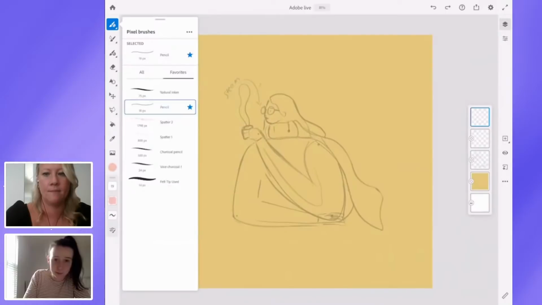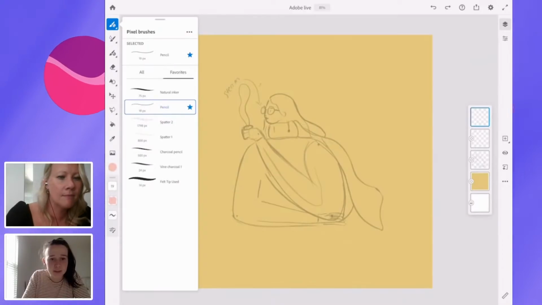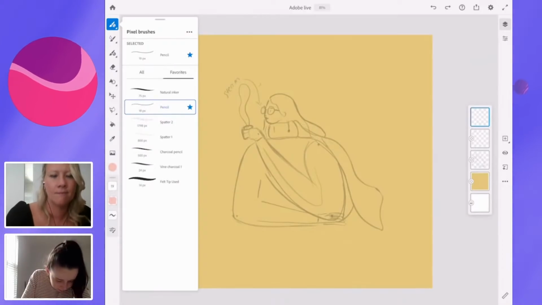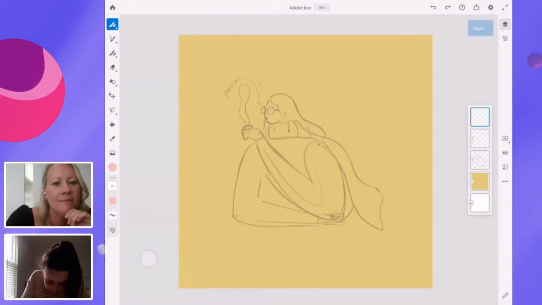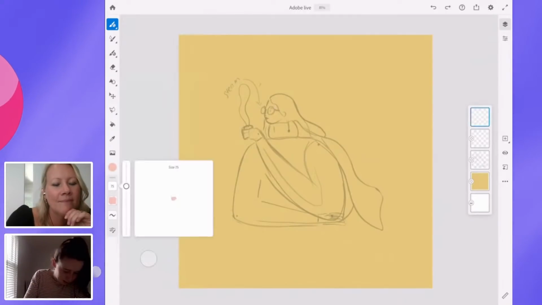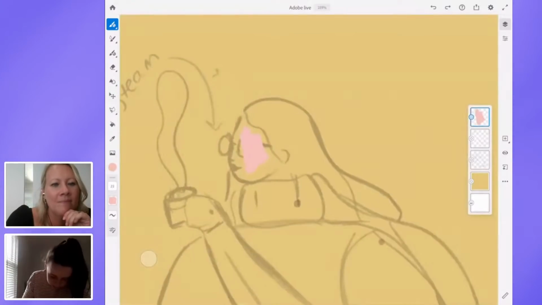I was going to show people my things as well. I almost always use this pencil brush because it gives a really nice feel to the illustrations, but I might try something a bit different today. Not dark, less opaque, so that we get quite a